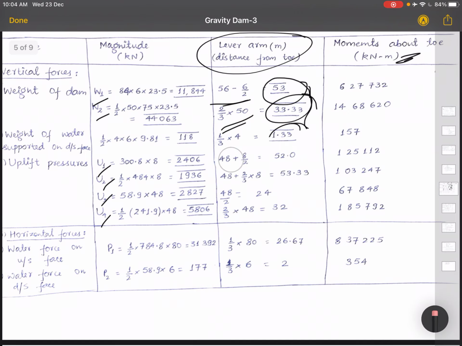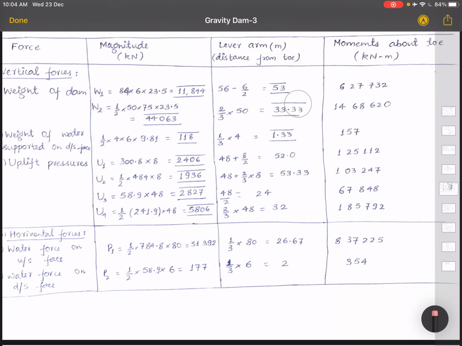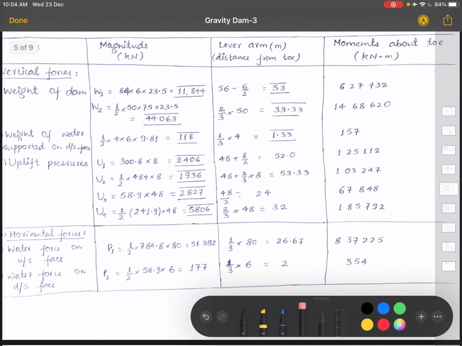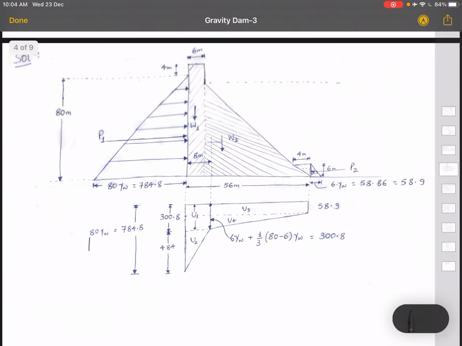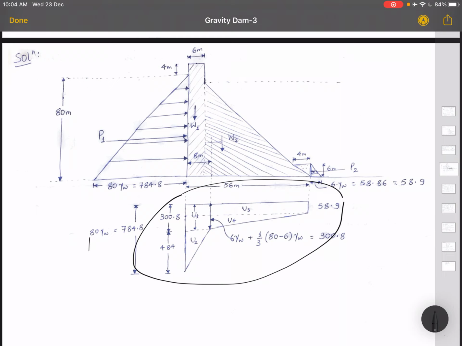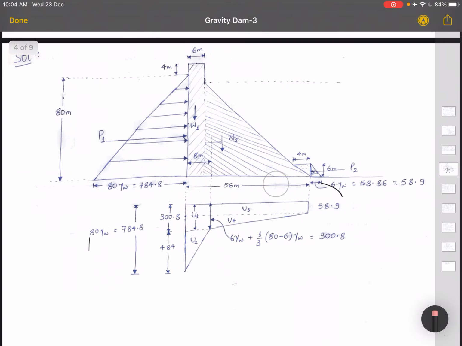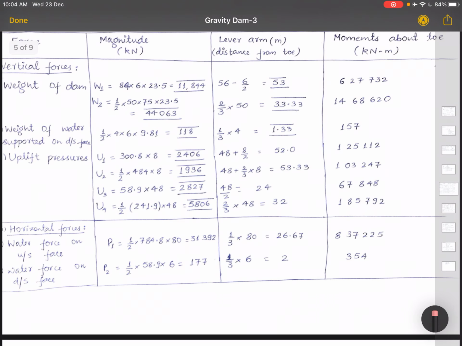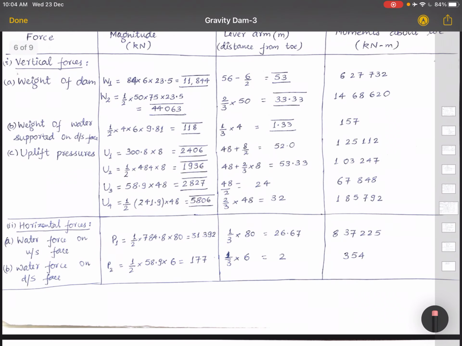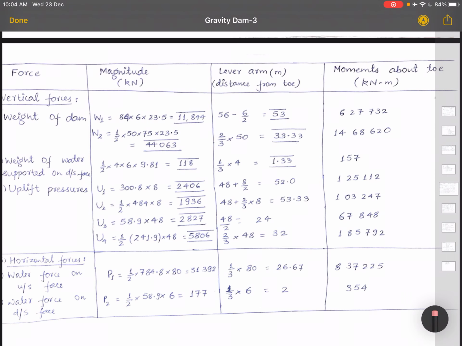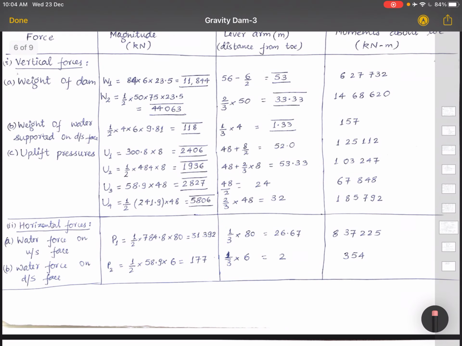So after calculating all these, W1 and W2 are simple rectangles, area of the rectangle multiplied by this. What the toughest will be, not toughest, it will be a little bit lengthy, so you have to calculate this diagram. So divide this into 4, U1, U2, U3 and U4, simple figures. We have to divide our whole force diagram, then it will be very much easy for us to calculate the various values. Okay, so these values have come. Now these were the forces.